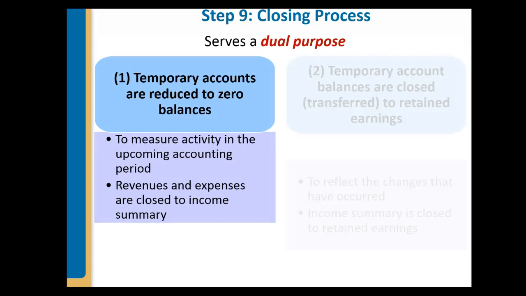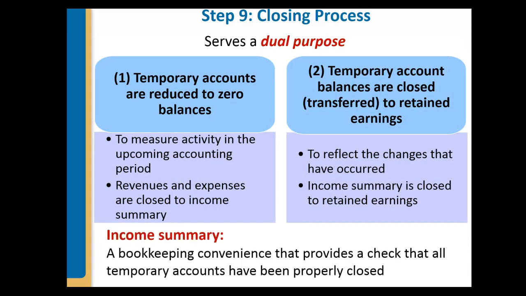So the final two steps in the accounting process are closing the temporary accounts, remember the income statement accounts and the dividends account, and preparing a post-closing trial balance. So the closing process serves two purposes. The temporary accounts, revenue, expenses, gains and losses get reduced to zero balances, ready to measure activity in the upcoming accounting period. And then these temporary accounts are closed to retained earnings to reflect the changes that have occurred during